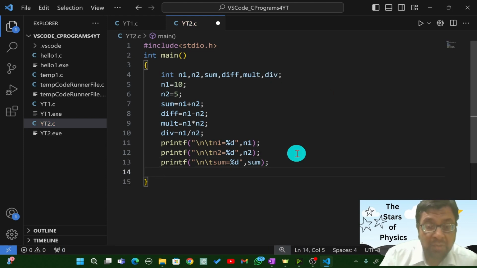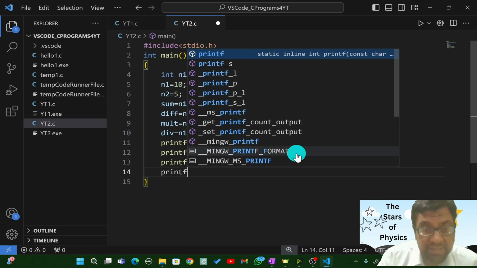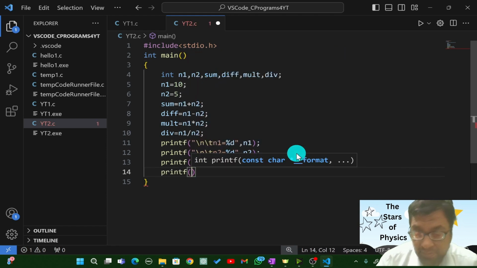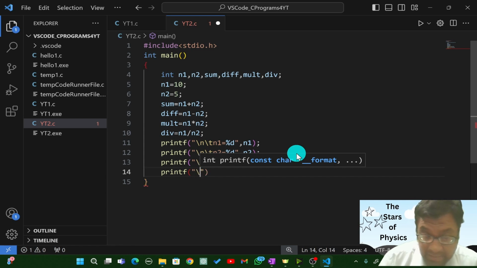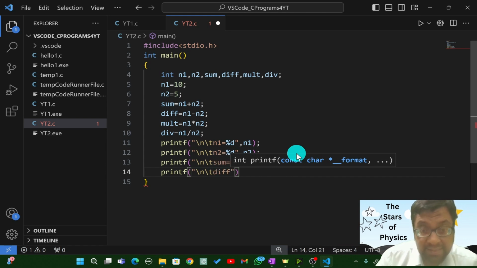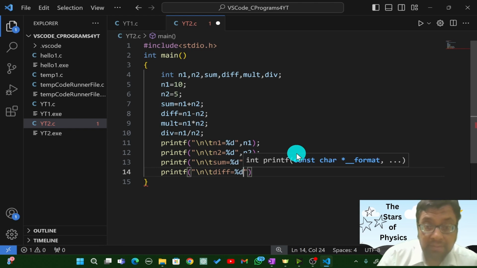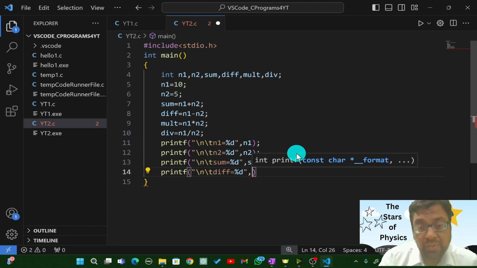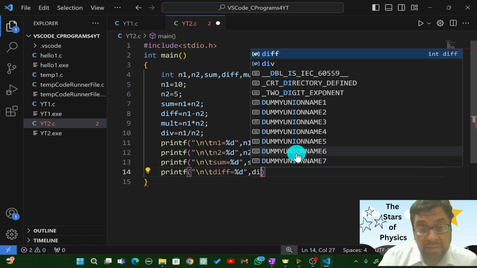Then next, we have to print the difference. So I will just print it, printf, then backslash n backslash t, then difference is equal to percentage d again, because it's integer again. Okay, all are integer here, so we have to put in a percentage d only in all this. Then we have diff,